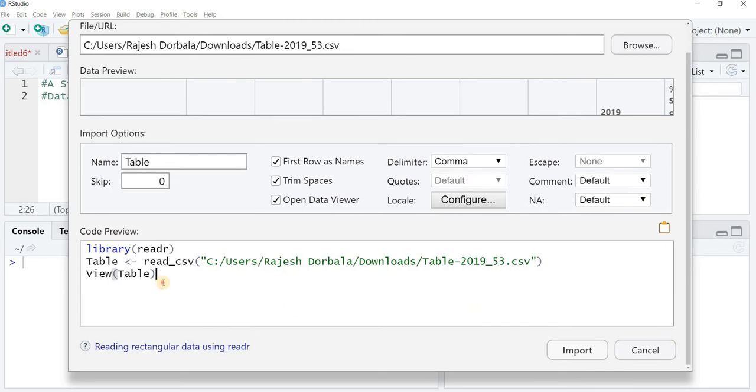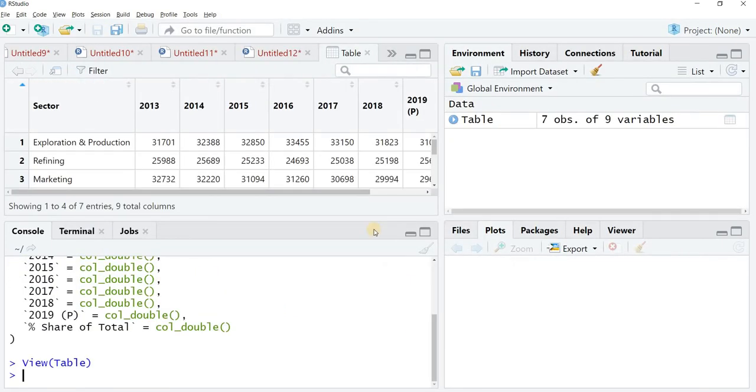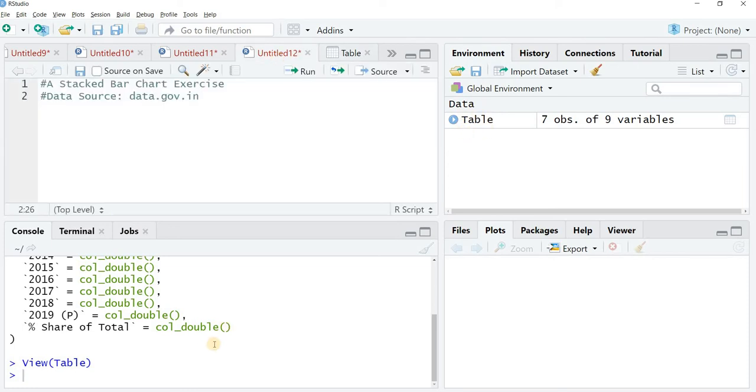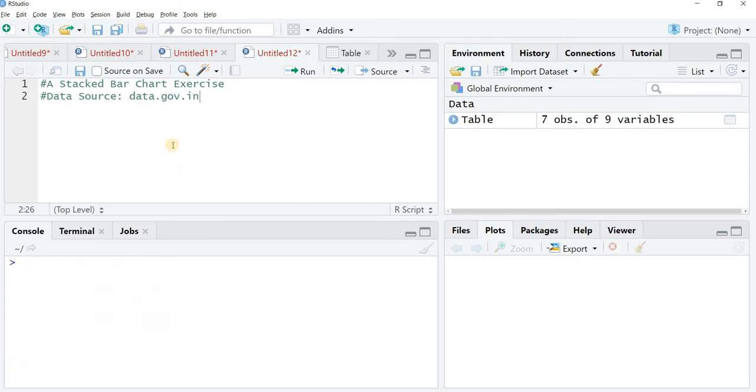Okay, it's not happening, so let me import it anyway. So I've imported it. So this is the data. Fine. I can find this data in my environment as well. I'll clean my console.